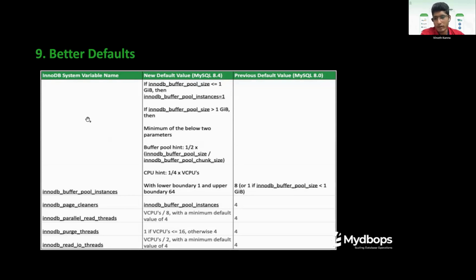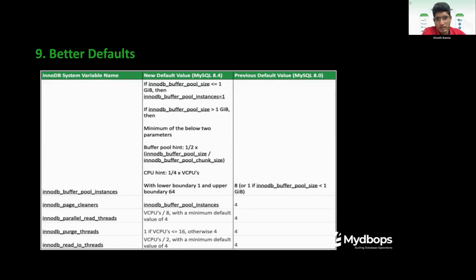and the next important parameter is buffer pool instances. Buffer pool instances has a very interesting feature behind it. There were a lot of blogs about it, claiming that buffer pool instances is degrading performance. It is taking more memory. I think the feedback is heard well here because in